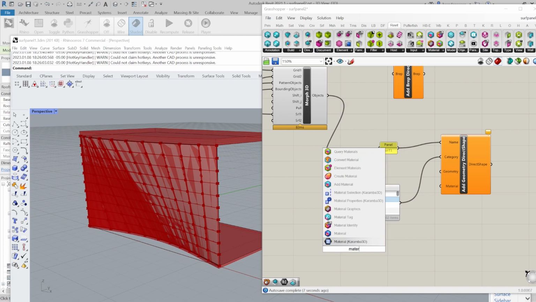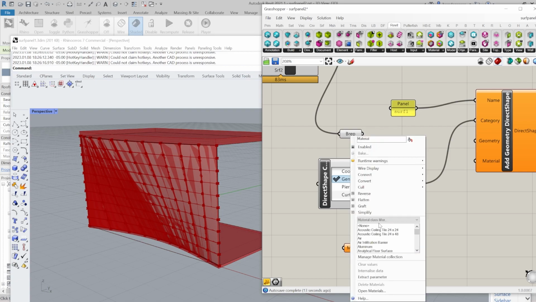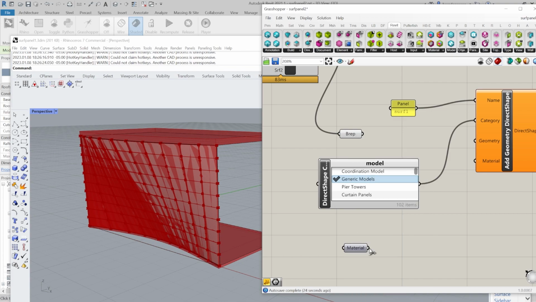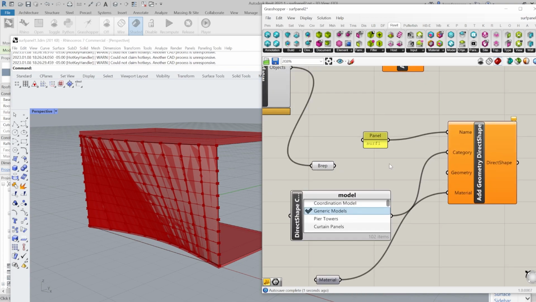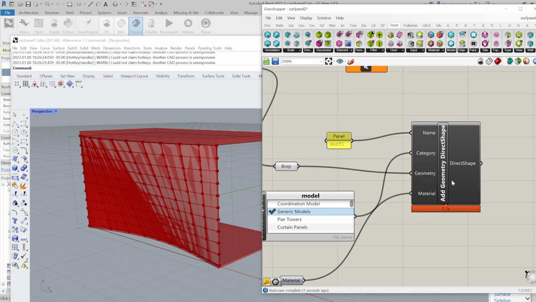I'm going to go to here, and you see that it is a Revit material. All I need to do is right click on that, and I get to choose what I want it to be. If I want it to be like a glass wall, I could just click down here, glass, and it's just a basic glass. And I just plug that into material, pull that through for the geometry, and go into Revit,